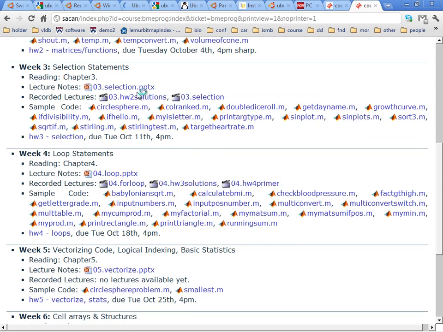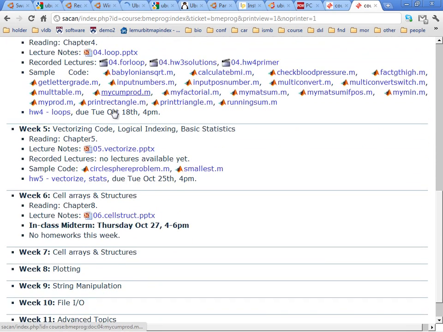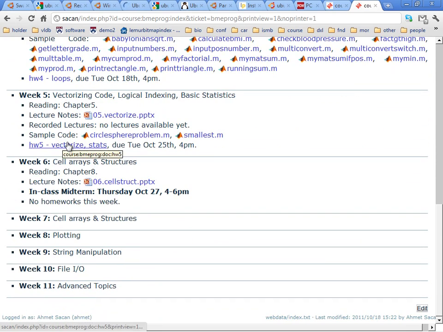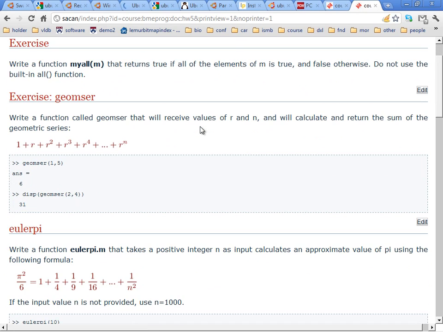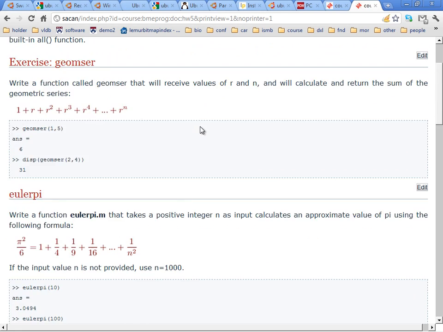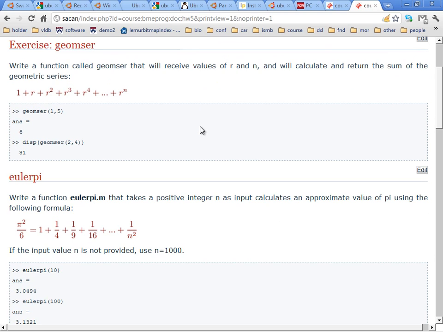If you've already looked at the exercise and you feel comfortable with it, you can go, but let me quickly go over it. So the myAll function, you would basically try to write a for loop that will tell you whether all elements satisfy a condition. And I already showed you a for loop that contains the any function. And in the second exercise, you are asked to write a mathematical expression that will find the sum. You can use the